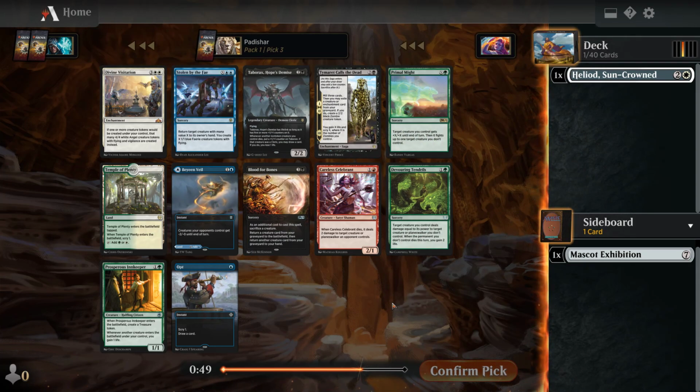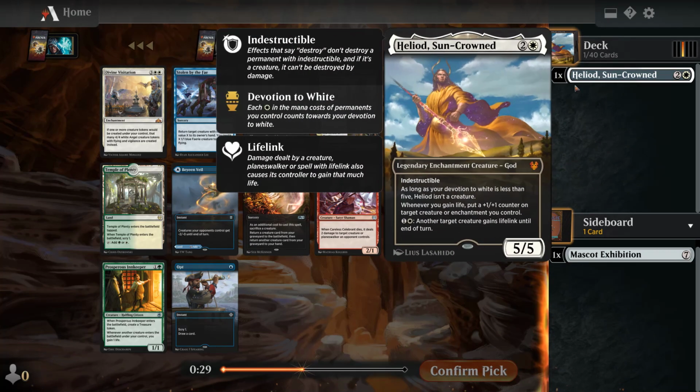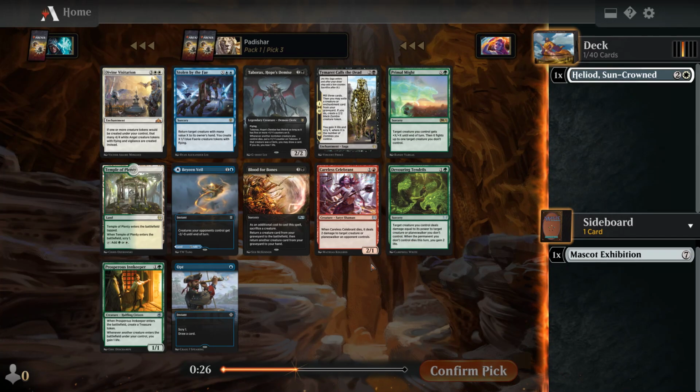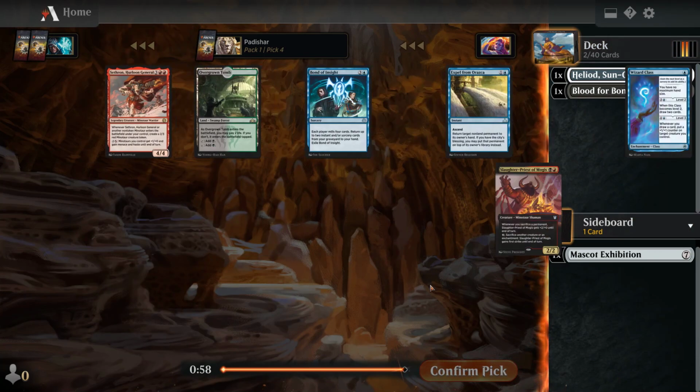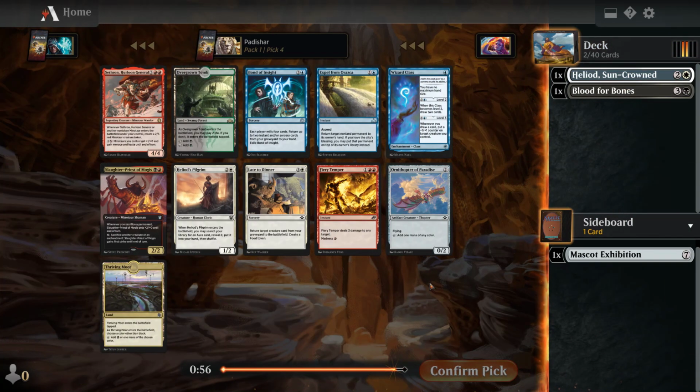Okay then. Second option is, what? There's a reanimating stuff. Timaret Calls the Dead would work in reanimating plan as well. Do I want to be a reanimator? Heliod won't be used, of course, unless I get like a lot of white, but yeah, let's take the Blood for Bones. Who knows? Maybe I can have a reanimator deck, but